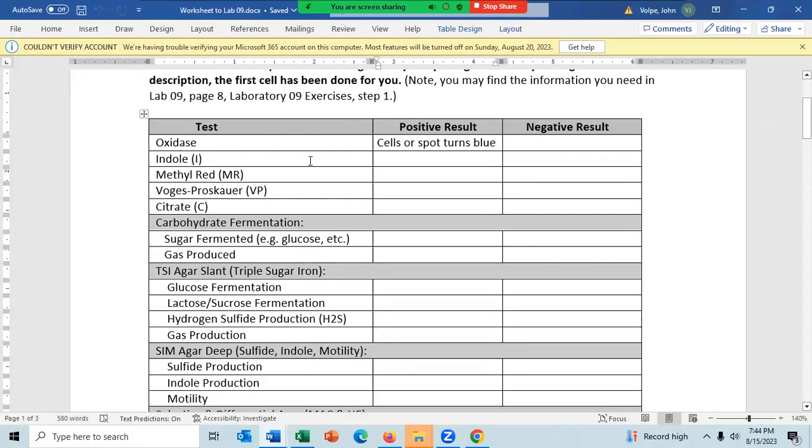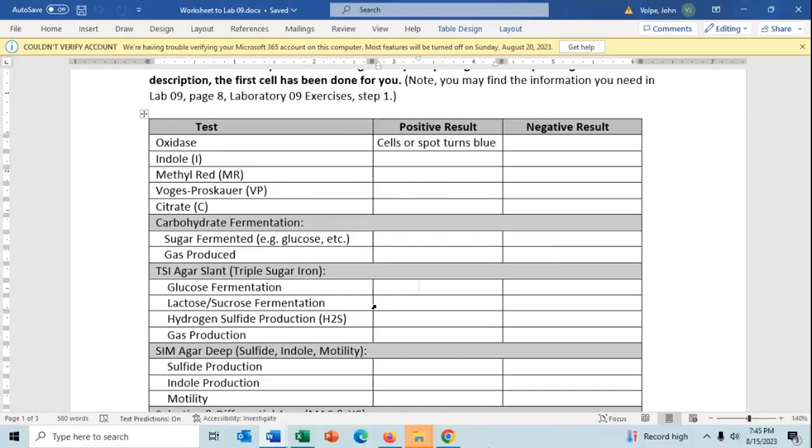So we talked about indole today, methyl red today, VP today, Simmons citrate today. We talked about carbohydrate fermentation. If the sugar is fermented, what's the positive result, the negative result? If gas is produced in carbohydrate fermentation, give me the result, and if it's negative. TSI agar slant, we did talk about it in today's lab. So mention if glucose is fermented, what the positive result looks like. And remember, you have to have the slant over the butt